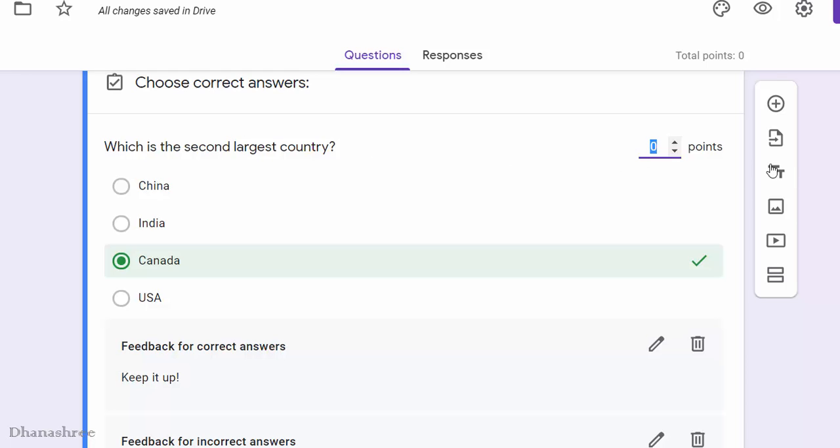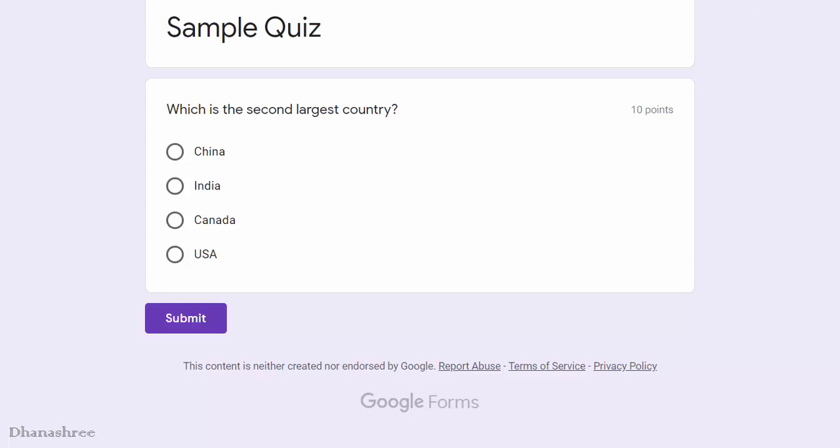Next is marking system. We should assign some points for a correct answer. If user is giving right answer, then he or she will get 10 points. Before moving to the next question, let's see the preview of it so you will understand how exactly our quiz works. So this is visible to the user. Question is which is the second largest country, and I am saying answer is China, which is a wrong answer.